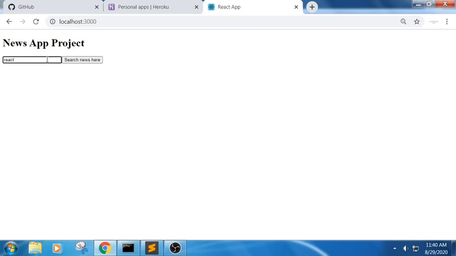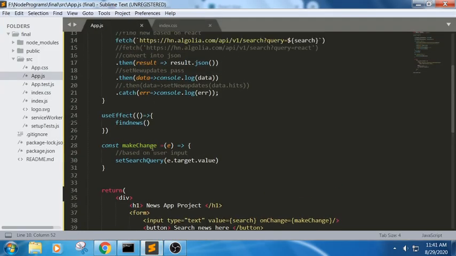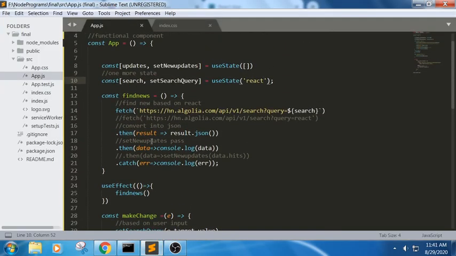So if I write hello here, can I see some output? No, because we need to implement this method. First we have defined the states, the first state and the second state. The first state is for updates for a normal input query, like a static value. The next one we are using based upon this input field.